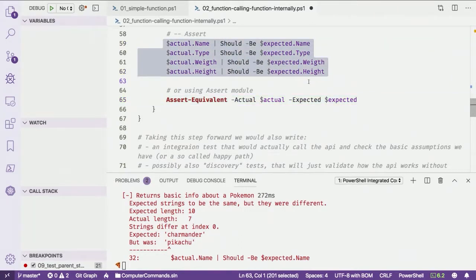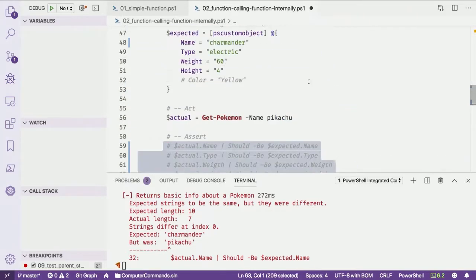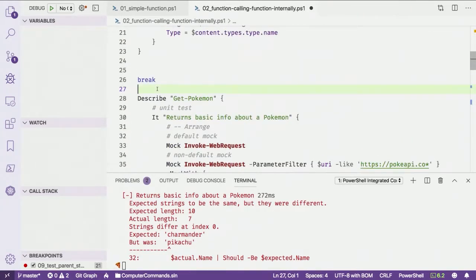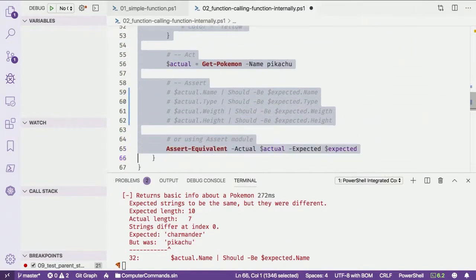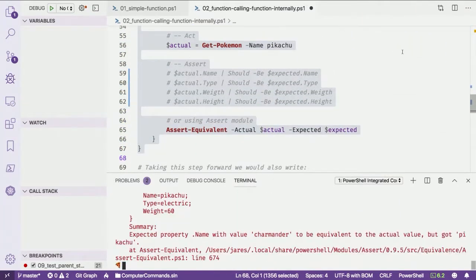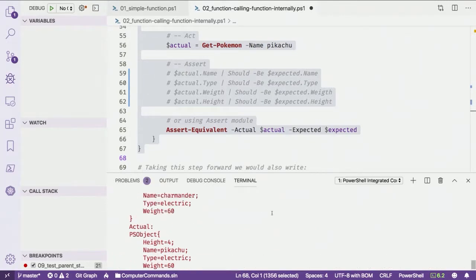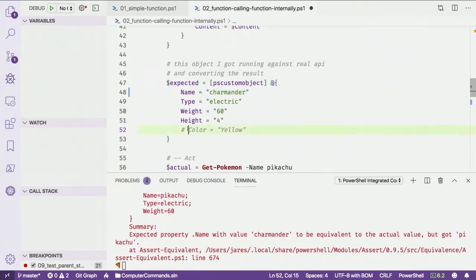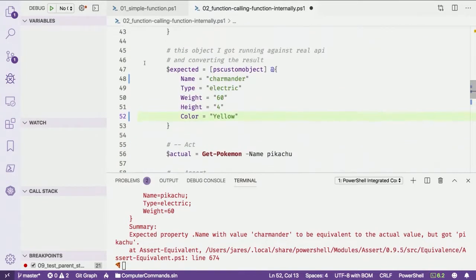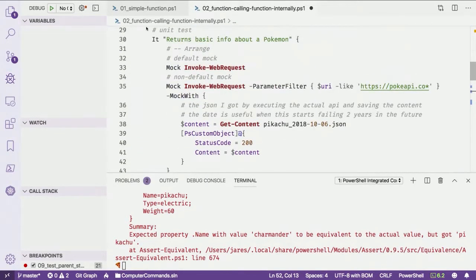So let's just comment this out. And now if we run this, it will tell us the actual difference between those objects. So it says, those are the objects that I got. The difference here is that the expected property name with value Charmander wasn't equivalent to the actual value because we got Pikachu. And what it also can do is that if you have multiple properties, for example, this color isn't